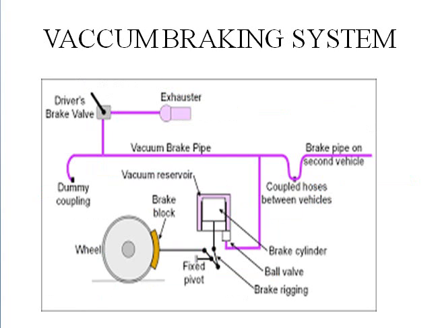Next one is the vacuum braking system. Here the entire system is completely vacuumized. This is the exhauster, this is the vacuum pump, and this is the vacuum reservoir. So everything is filled with vacuum. When the fixed pivot moves backward, these linkages also start moving backward, and as a result the atmospheric air will enter inside and push the piston back. As a result, this linkage will also move forward and stop this wheel. So this is how the vacuum braking system works.